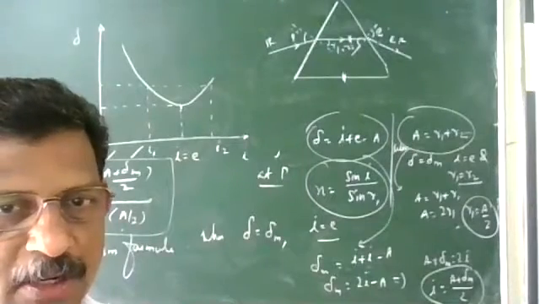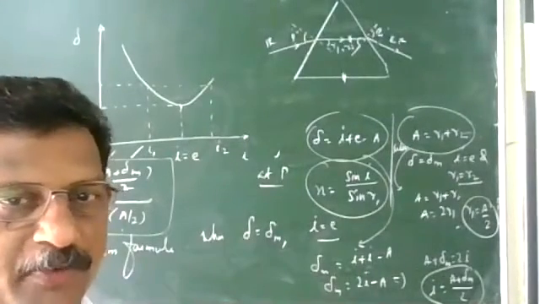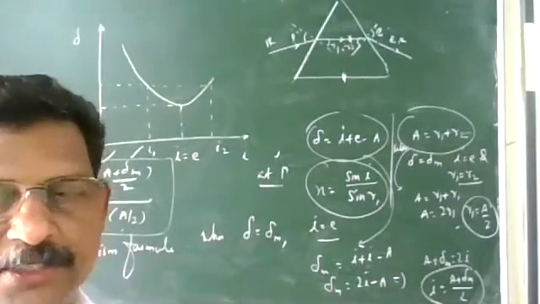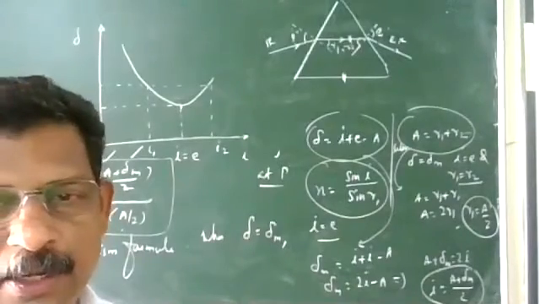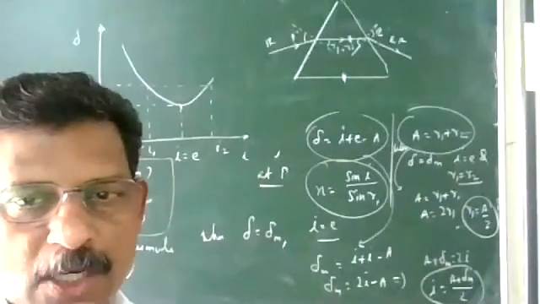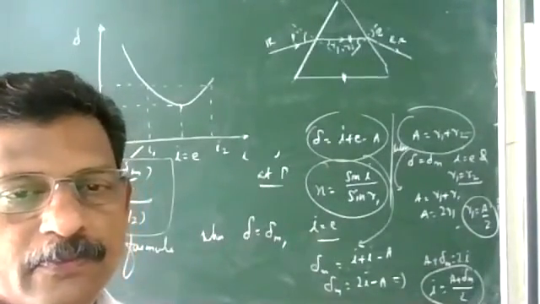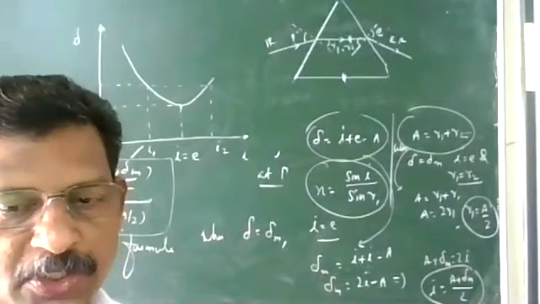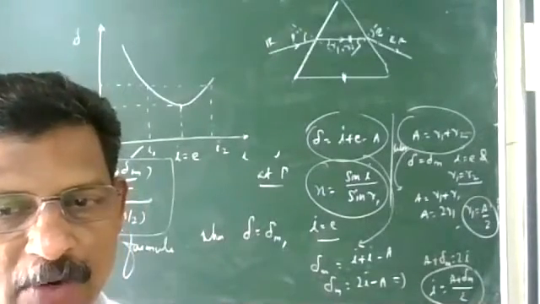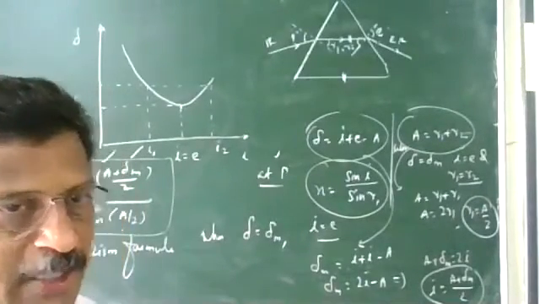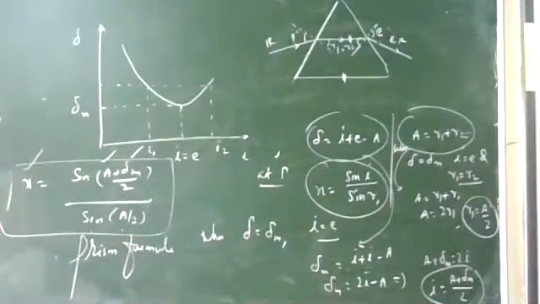So we discussed refraction through a glass prism and got the prism formula. All of you write this in the copy. Angular deviation equation is delta equal to I plus E minus A. Angle A equal to R1 plus R2. When it is minimum deviation, I is (A plus dm) by 2 and R1 is A by 2. And that equation is n equal to sine of (A plus dm) by 2 upon sine of A by 2. This we call the prism formula.